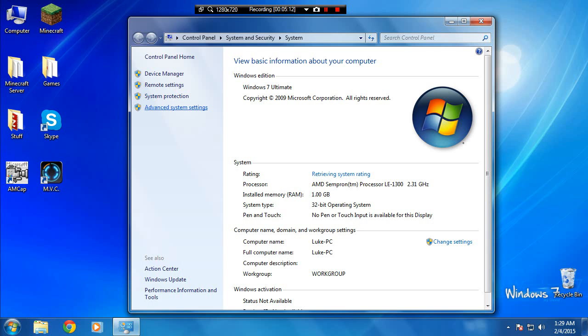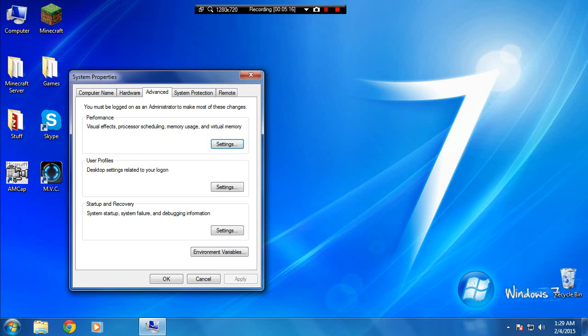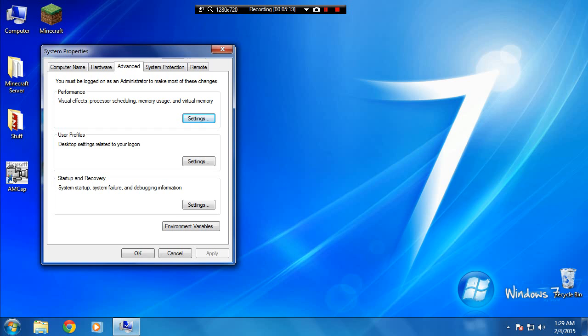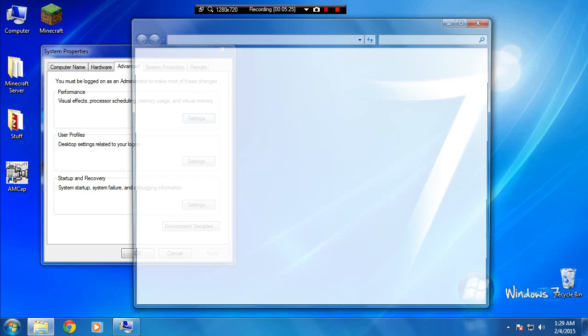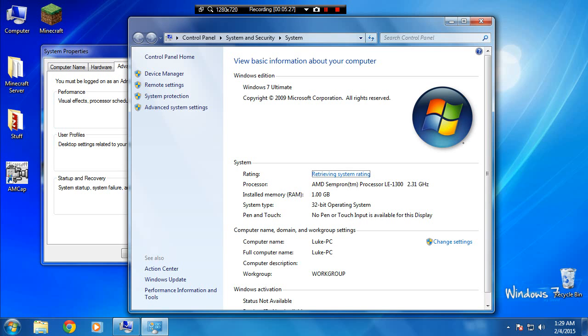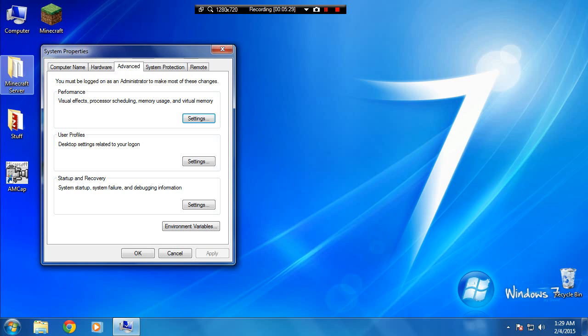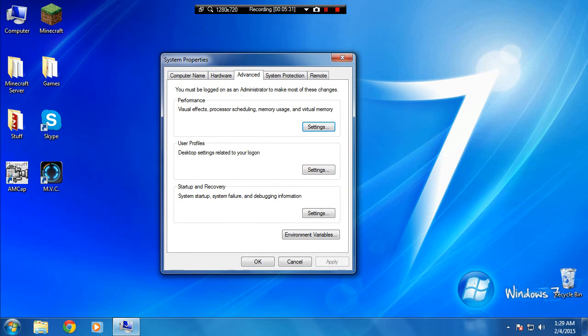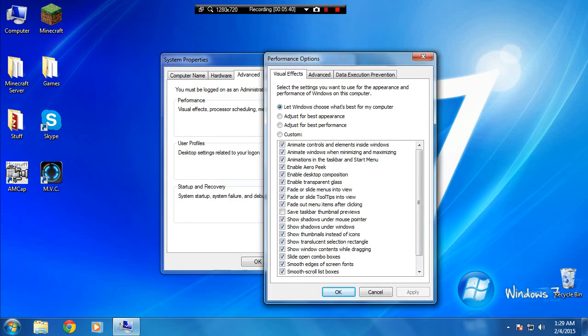You want to go to advanced system settings, and that should pop up with the advanced settings. Now if you want to get in this kind of thing, you can also press Windows and Pause Break on your keyboard, and it's going to open the system settings as well, but I think right clicking the computer is easier. Then go into advanced system settings, and go to performance, hit settings, and right here you're